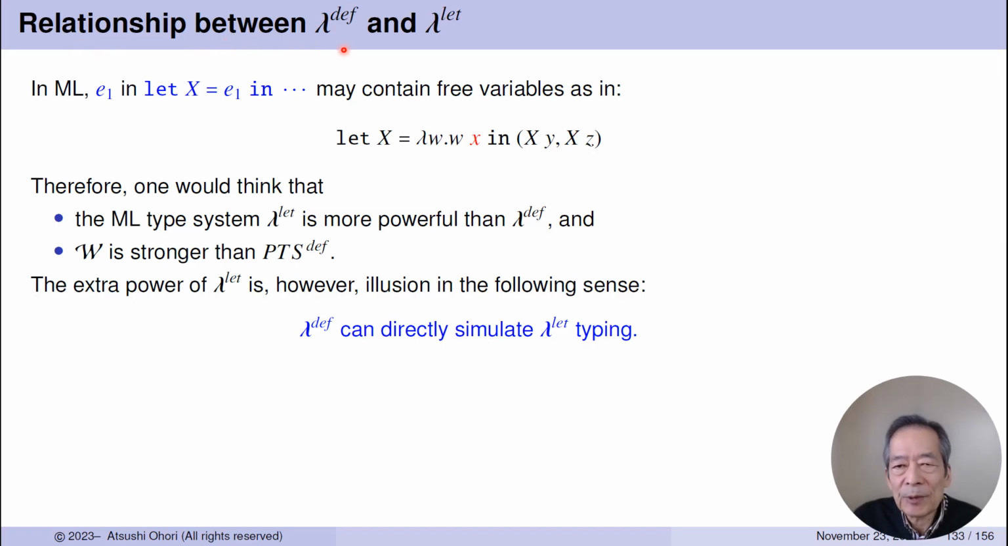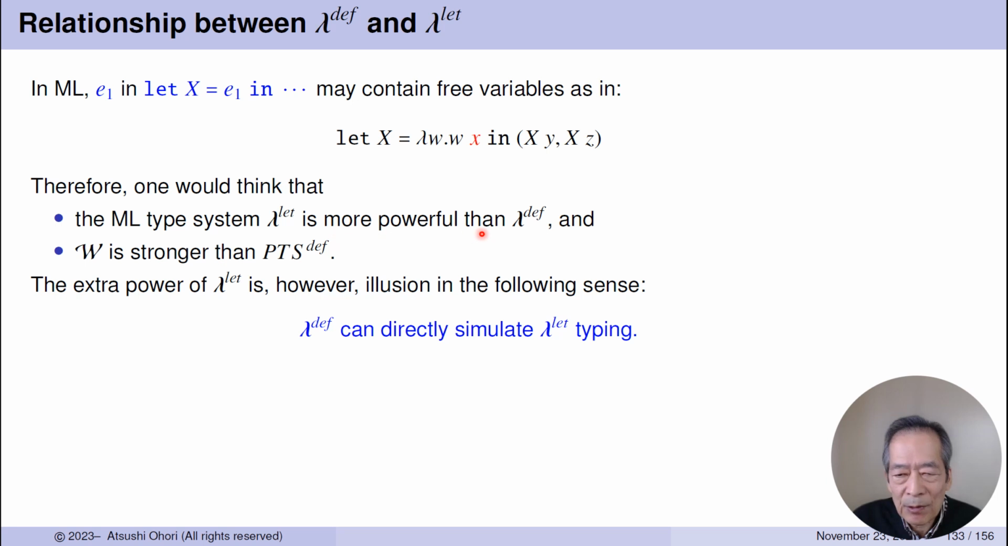Relationship between lambda-def and lambda-let. Lambda-def is the one we defined in the last video lecture, which is lambda terms extended with top-level let definitions. However, in ML, the expression E1 in a let expression may contain free variables, as in this example, where x is free. Therefore, one would naturally think that the ML type system, the Damas-Milner type system,